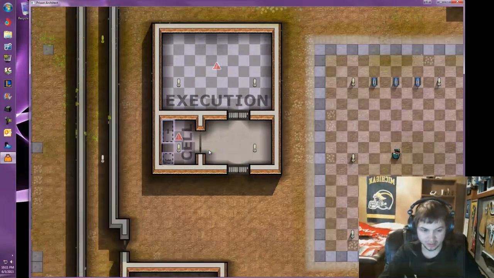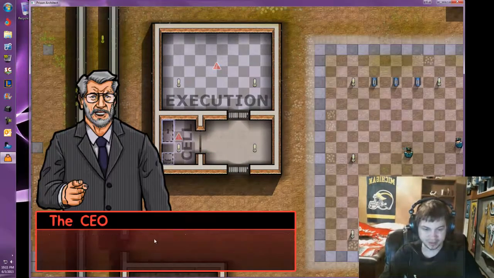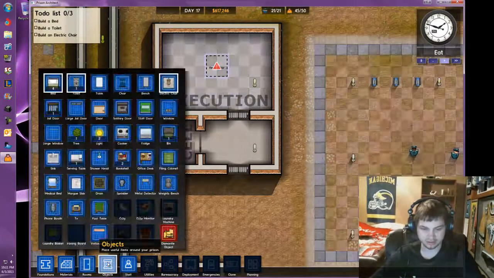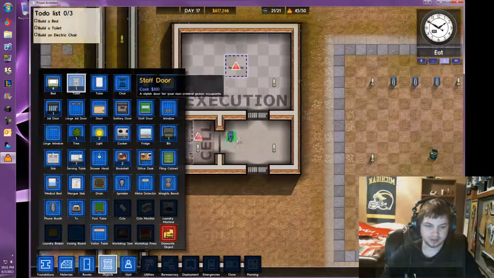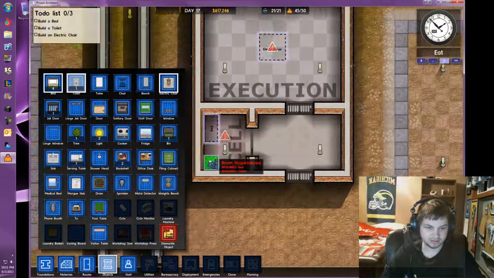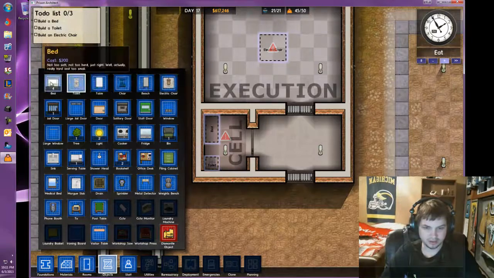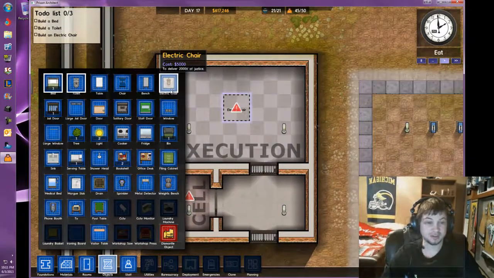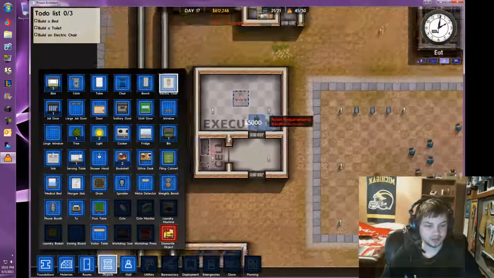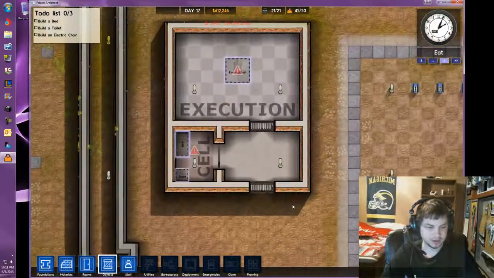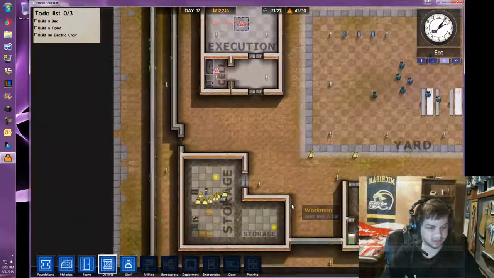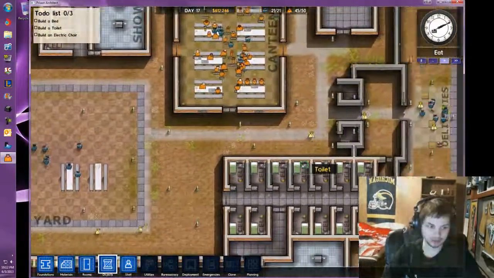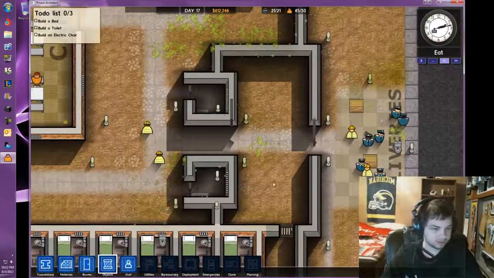It needs a bed and a toilet. Okay, bed and a toilet and an electric chair. So we have a toilet. Let's see where we're going. Now we're going to put it here, alright. And then the bed, and then an electric chair. $5,000. Wow. Alright. They're expensive. That would explain why not everybody has an electric chair in their house. I hope that's not the reason why. Alright, well,